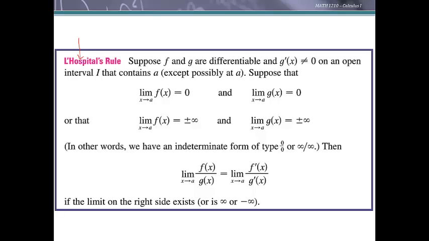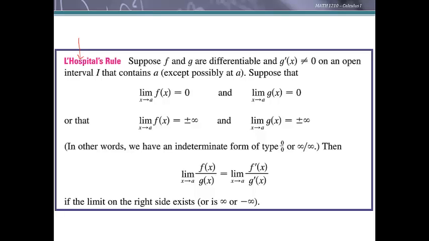Suppose f and g are differentiable, and the derivative of g is not 0 on an open interval I that contains a except possibly at a. Then suppose that the limit as x approaches a of f of x equals 0 and the limit as x approaches a of g of x equals 0. We're going to be taking the limit of the quotient, so basically we're saying you get that indeterminate form 0 over 0,